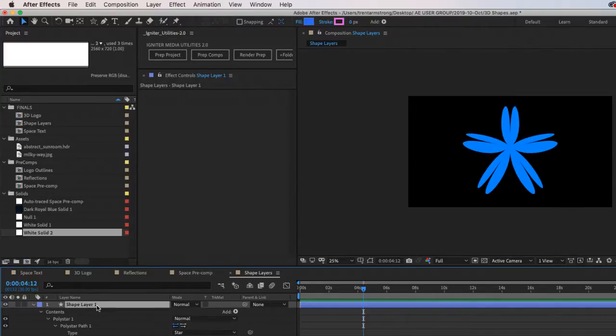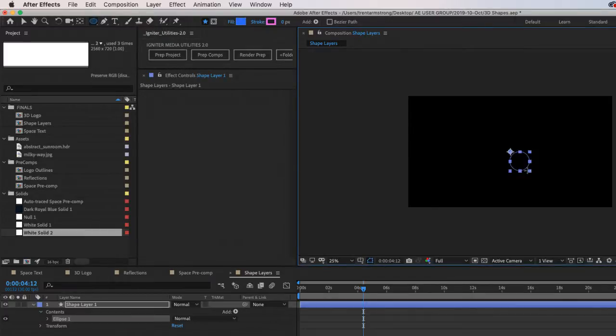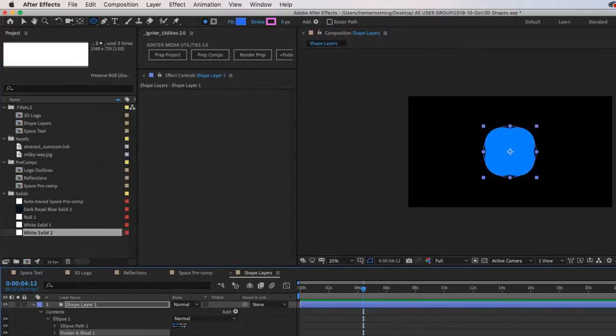You can do that with any shape layer. So if we did an ellipse here, pucker and bloat. Like that, right?